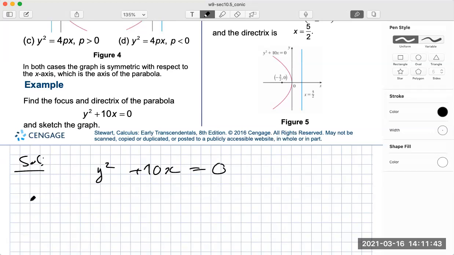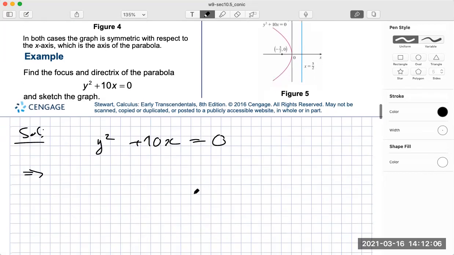It means that we can write x as a function of y, right? And how can we do that? If we find y in terms of x, we need to do the square root things, right? It's a little more complicated. Subtract y squared and then divide it by 10, right? We know that x will be